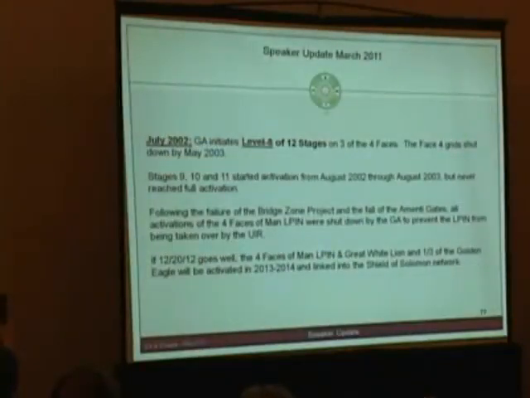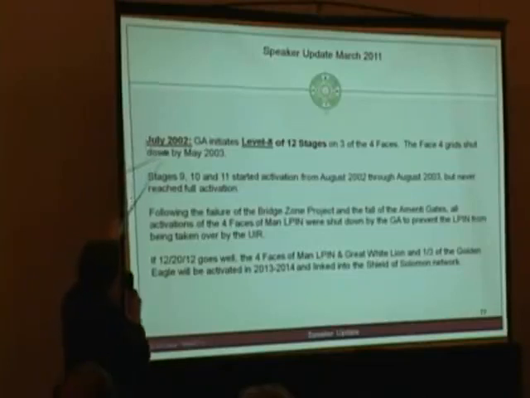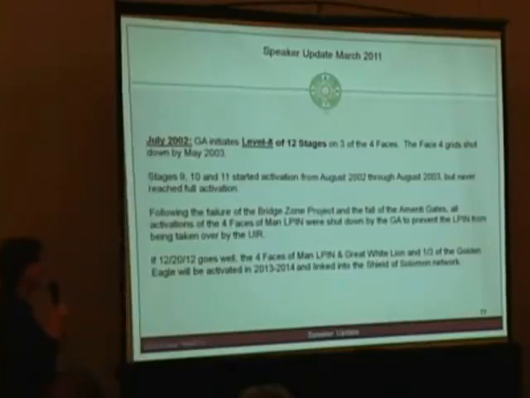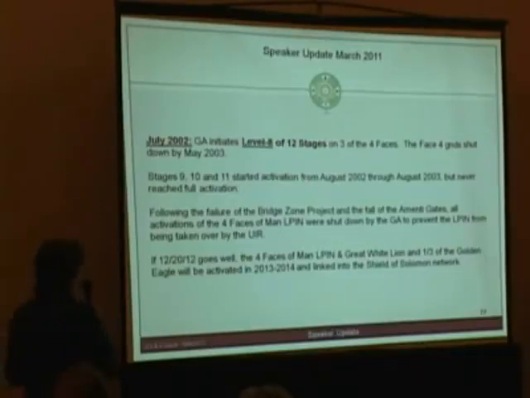So here's a speaker update. July 2002, the Guardian Alliance initiates level 8 of 12 stages on 3 of the 4 faces. Phase 4 grids are shut down by May 2003 by the Guardians. Stages 9, 10,